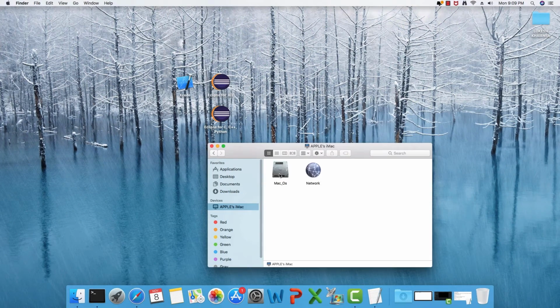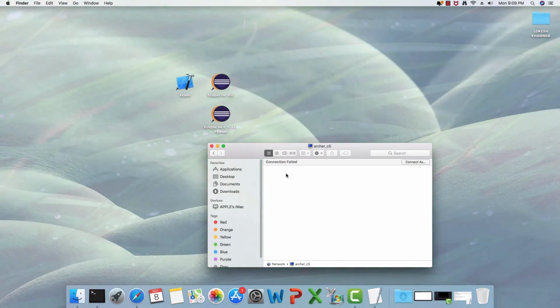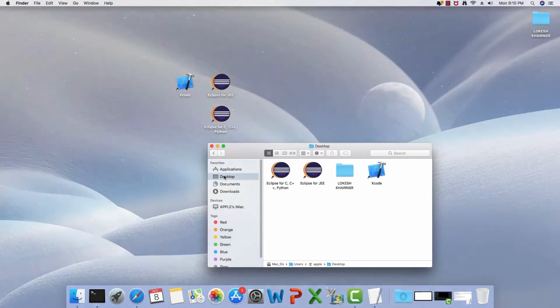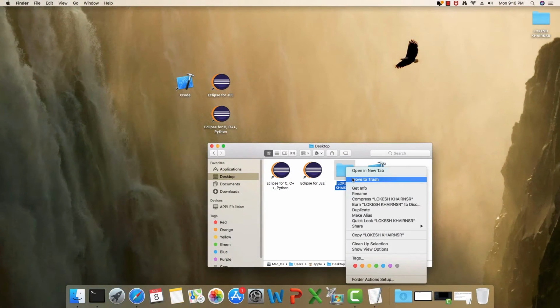This is the root, and you can even explore your network from here. This Archer C5 is my router, and we can even go to desktop directly. There are 4 items on my desktop. Out of that, 1 item is not necessary. I'm going to move it to the trash.